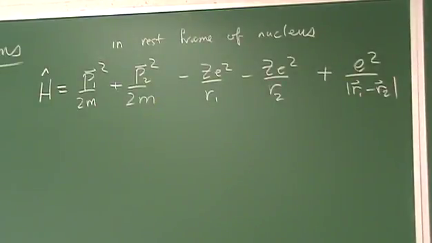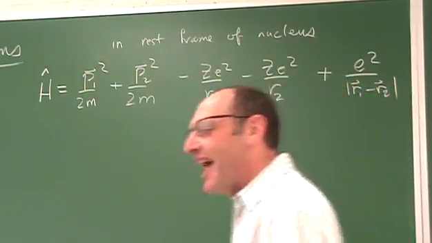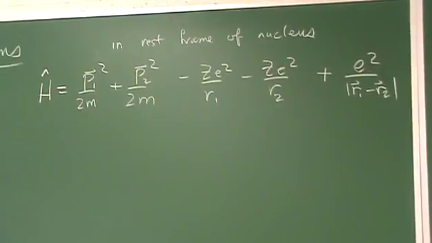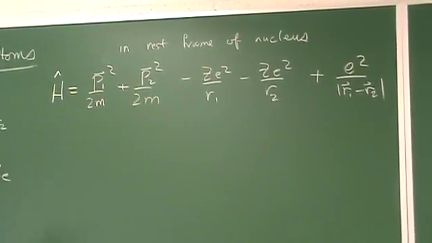Oops, I better remember that that's there. I'll remember now. All right. So this is the Hamiltonian, and the goal then is to solve for the eigenstates of the system, and in particular the eigenstates corresponding to the bound states corresponding to the